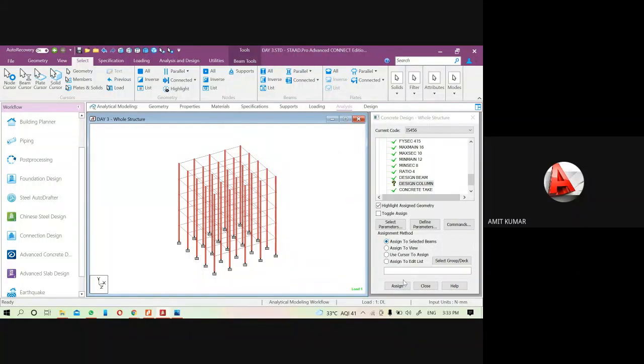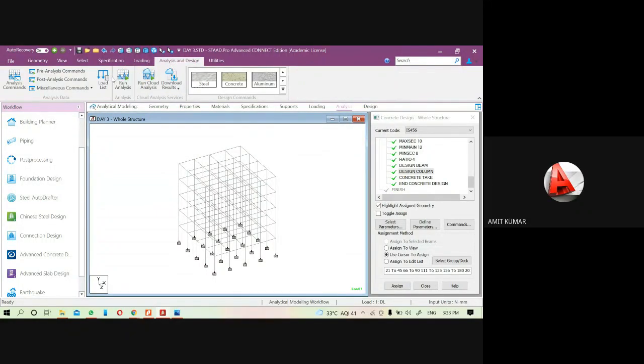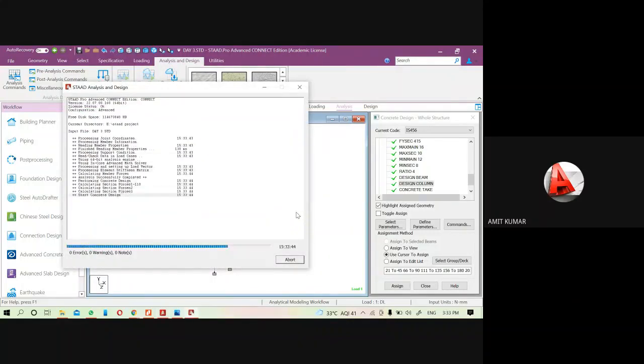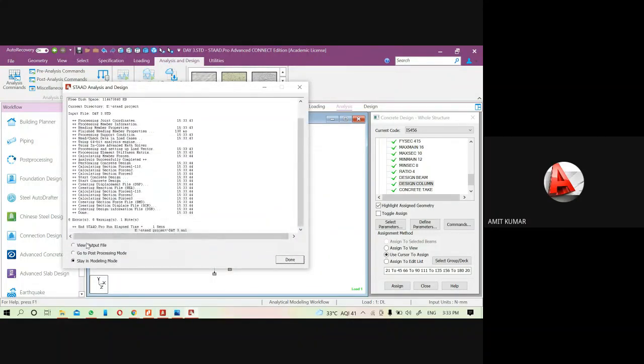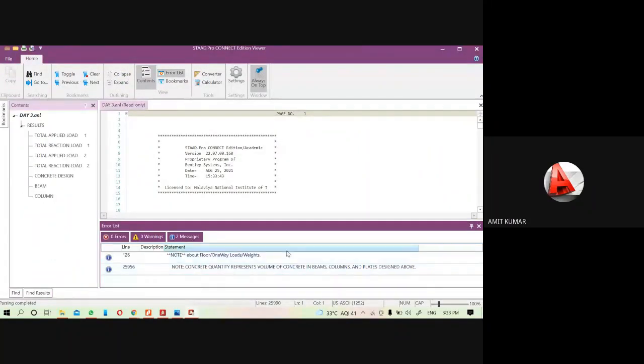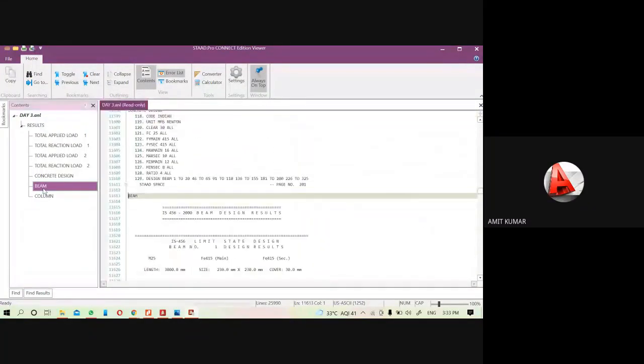Close it and assign to the selected beam. Now run the analysis one more time. Again, we don't have any error and warning. That means I have to change a few values to show you the warning. So let me finish the concrete design first.